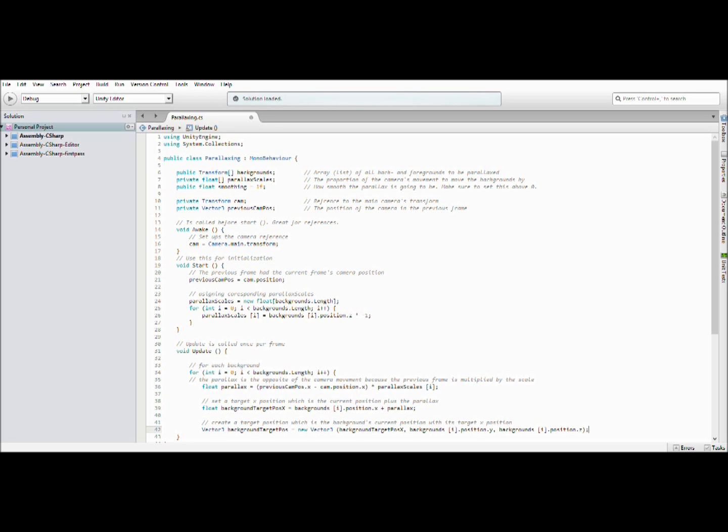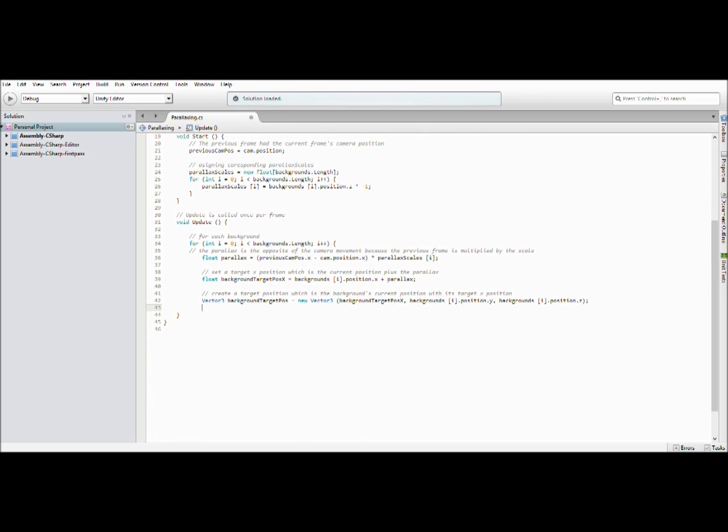Okay, so we're almost finished, and now you just have to fade between the current position and the target position using lerp. Lerp is just another term used with the vector. So background